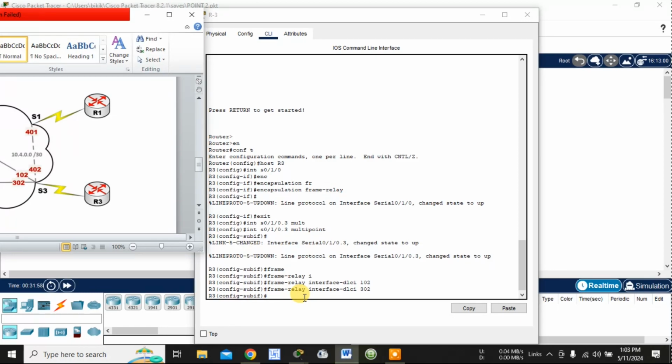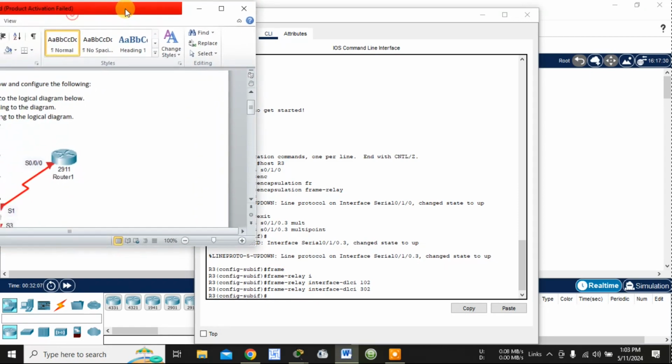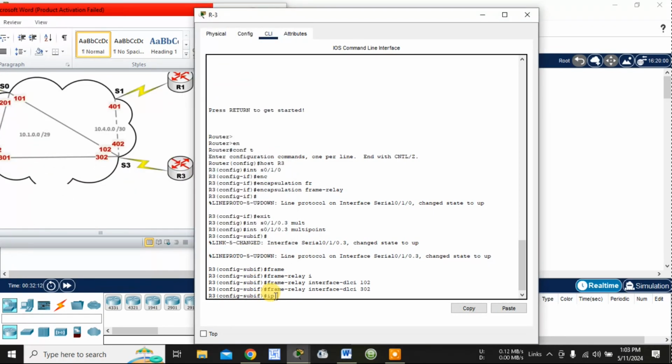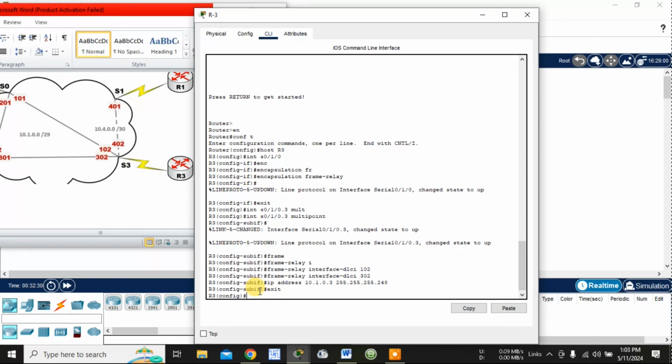Now after that, I have to provide here the IP address of 10.1.0. Here I will provide the IP address as 3, subnet mask, done, exit. After that,